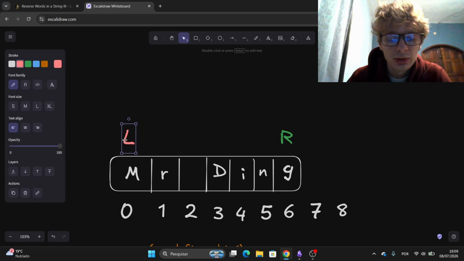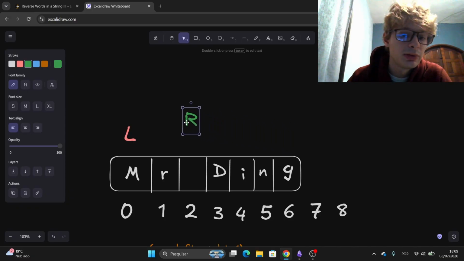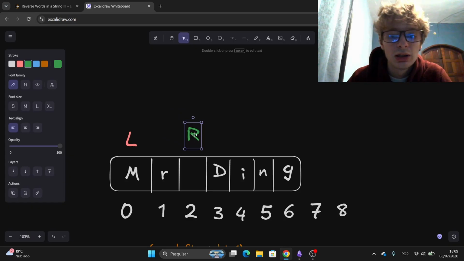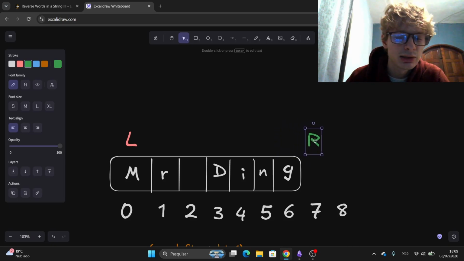Usually, in a traditional way, you think about putting the left pointer at the beginning of the array and the right pointer at the end. But if we do this and try to reverse the string, we're not going to be preserving the words' order, right? So what do we do? We put both the right pointer and the left pointer at the beginning. We let the right pointer run through the array, and whenever it finds either a blank space or equals the array length, which means we would be one position ahead of the last letter of the array,